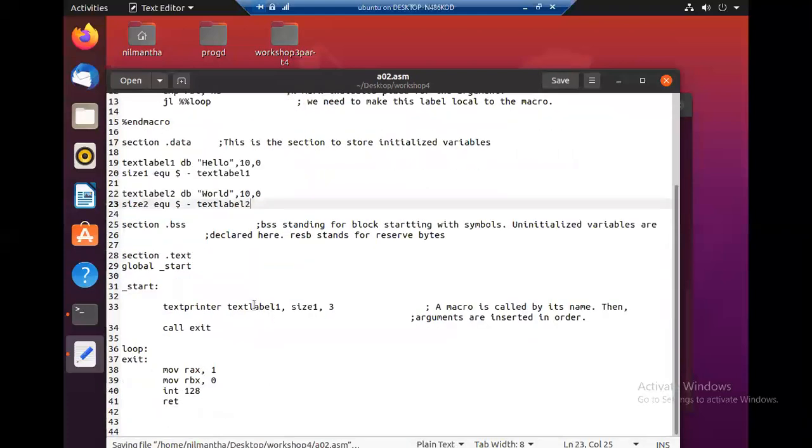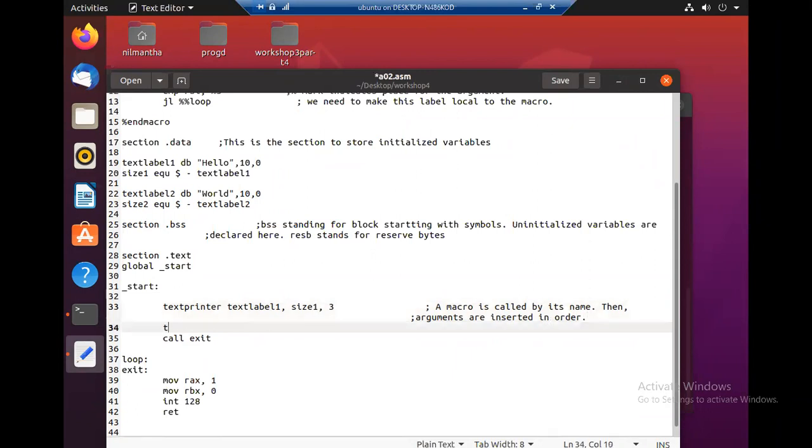And if I want to call this again, just after this one, I want to print hello 3 times and world 5 times. So I just want to call this macro again. If it was a subroutine, I'd have to create a separate subroutine for this task. That is time consuming and a wastage.